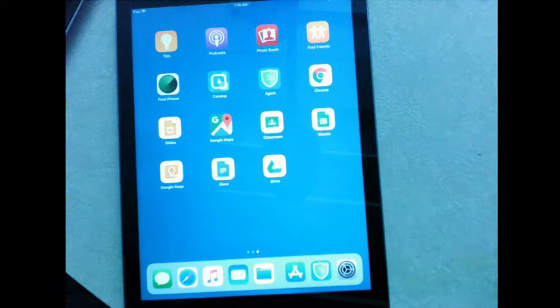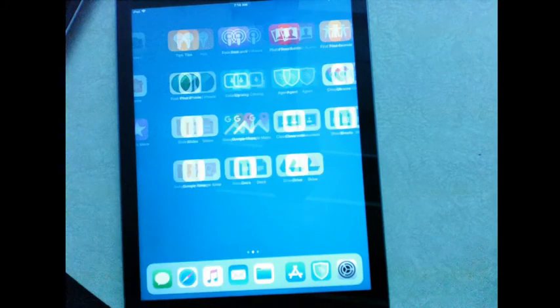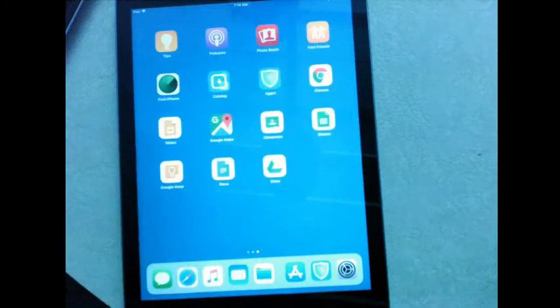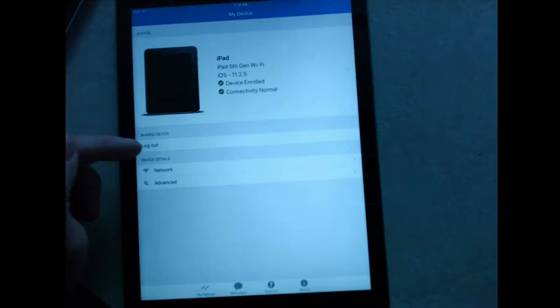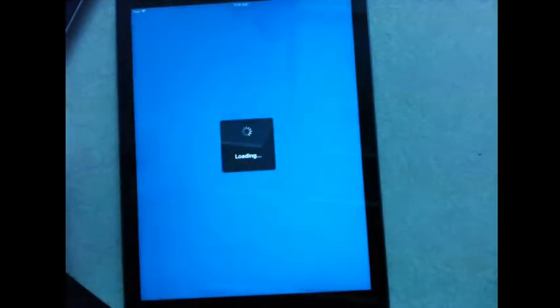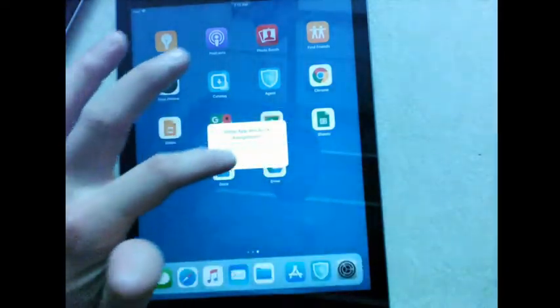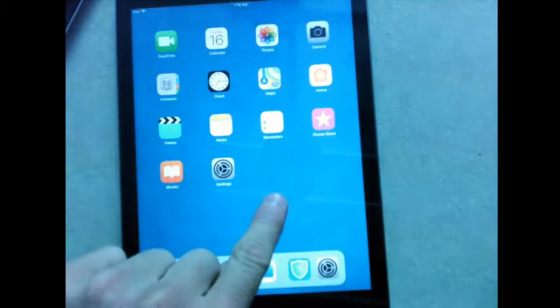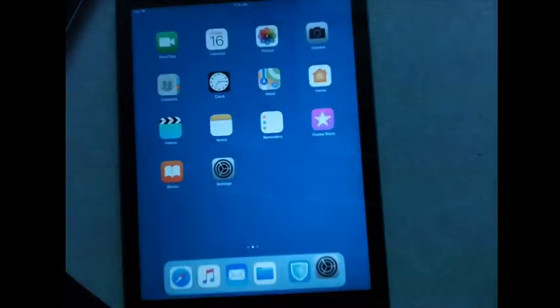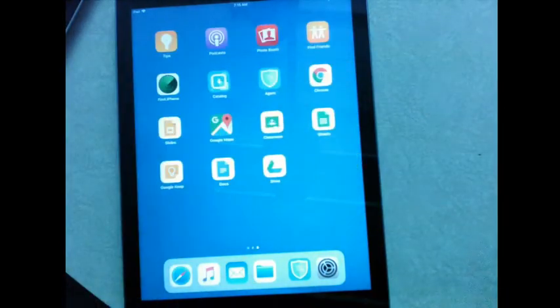So let's say you wanted to give this back to a student. Obviously, you wouldn't want to leave it in this state where they could mess around with it and start downloading apps again. You would go into the agent app again, and as you saw earlier, there was a log out button there. And if we tap log out and we hit yes, and it logs out, we'll see everything will disappear. Continue. And the App Store is gone. Oops, sorry, that went too fast. App Store is gone again. If I go into settings, passcode's gone again, yada yada yada. So I've effectively locked it down again.